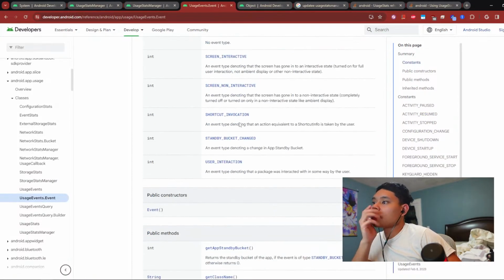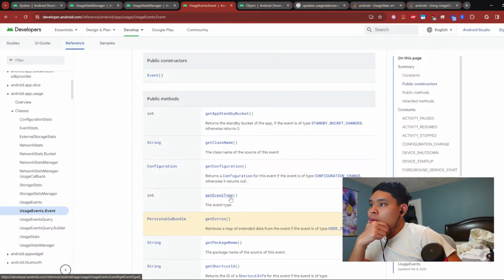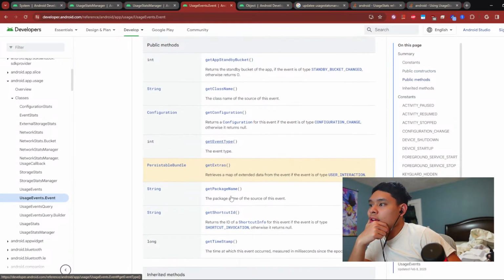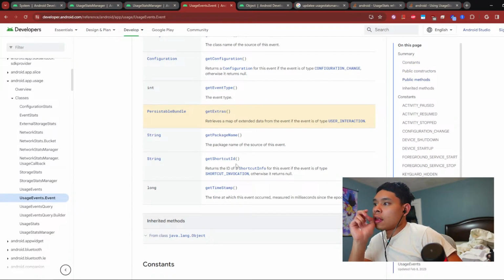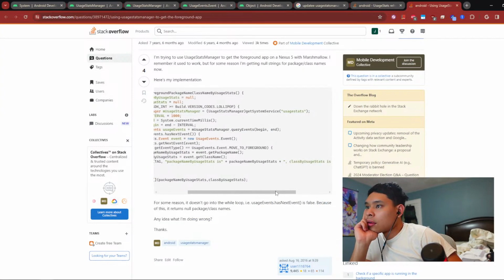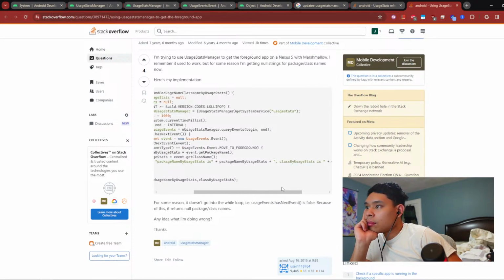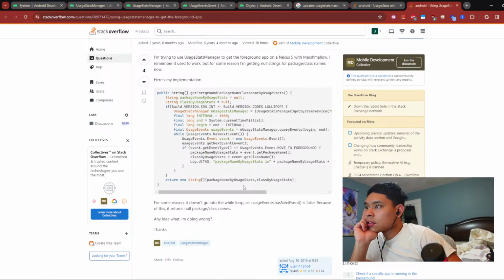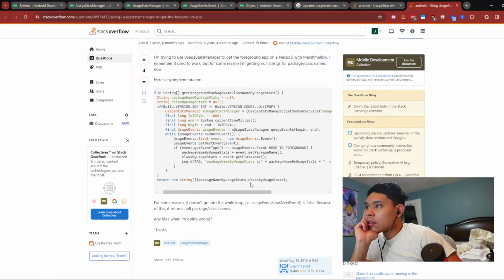Okay, so I think the way is to use usage events. You can get the package name and the timestamp. Get event type, get class name. See, this is the problem. It doesn't get package name, class. Yes, this doesn't